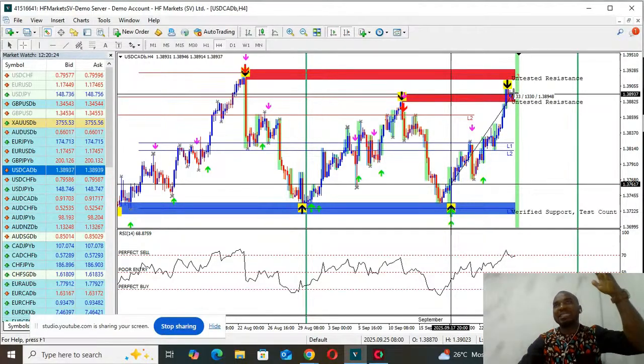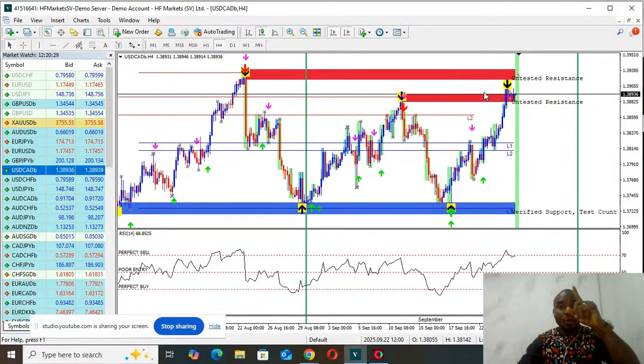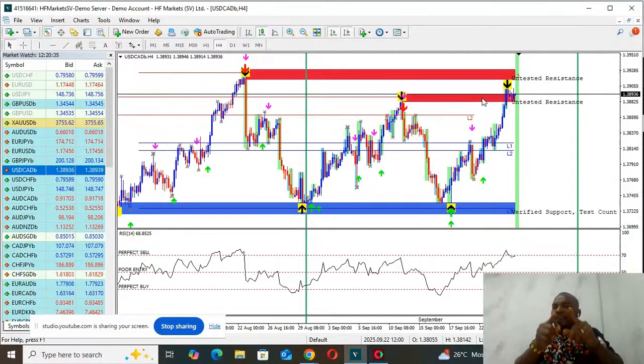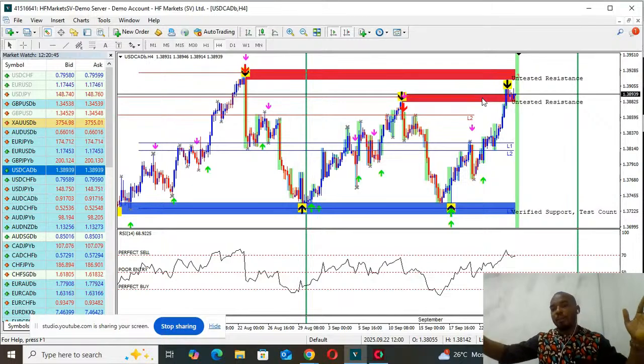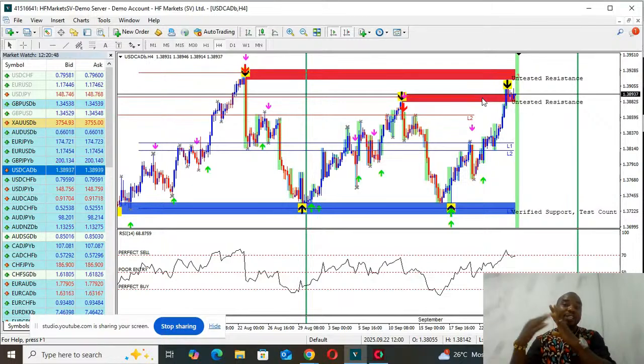264 pips plus 133 is almost 400 pips just in one pair. One pair in September. So, for example, if you have a $5,000 live account of profit, you have passed phase 1 just on one pair. Imagine doing that across all pairs. Let me say especially USD pairs, because they move in a proper manner. They have what we call consistent price action movements, right? Do you understand? It's very simple, right?